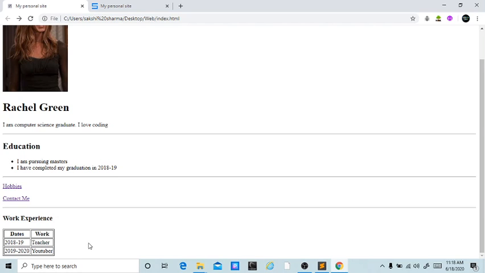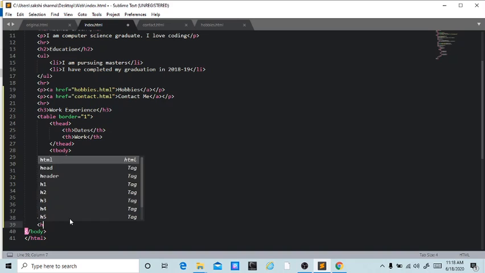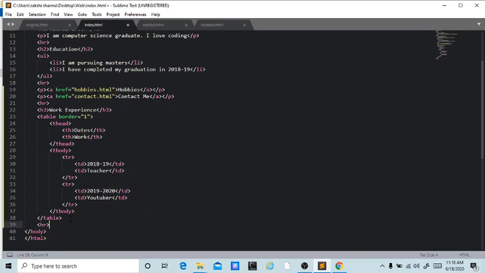Now I want you to add another table to your index.html. Let's say skills. First of all, let's draw the completing line HR, and now let's write another heading, skills, my skills. Now we're going to do one thing.